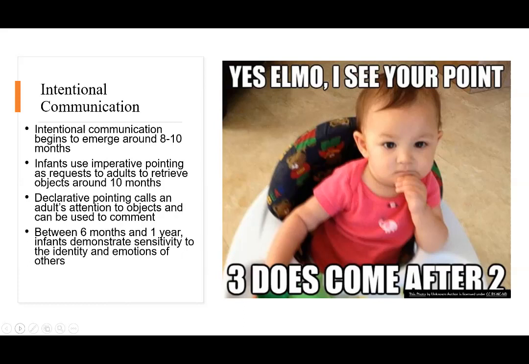So one of the important things to remember is that children produce and understand declarative pointing, or the social pointing, before they understand imperative pointing, which is the "hey, go get me that." So between 6 months and 1 year,